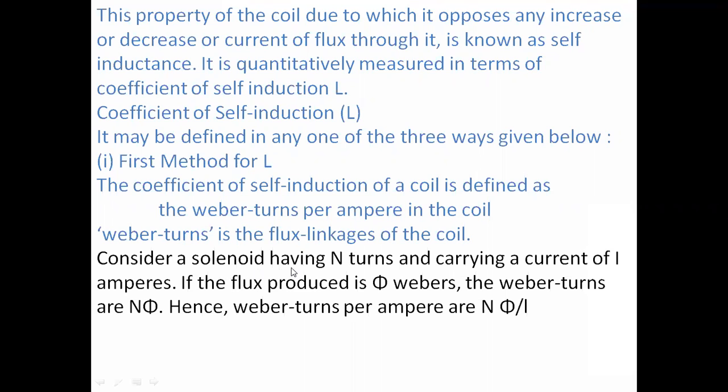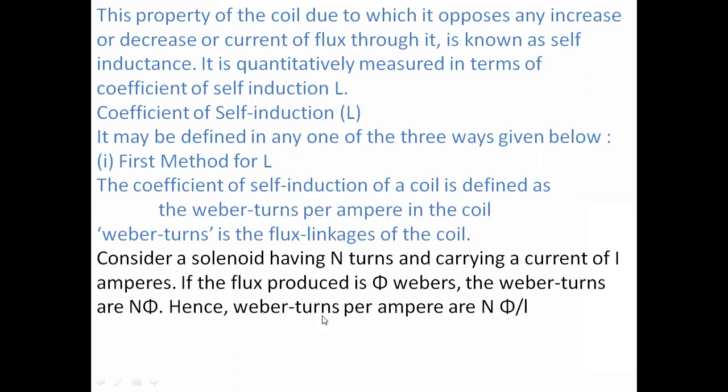Consider a coil. It has N turns and is carrying a current of I amperes. If the flux produced is phi Webers, then Weber turns are N phi. Weber turns is nothing but the flux linkages, that is the product of the number of turns and the produced flux.